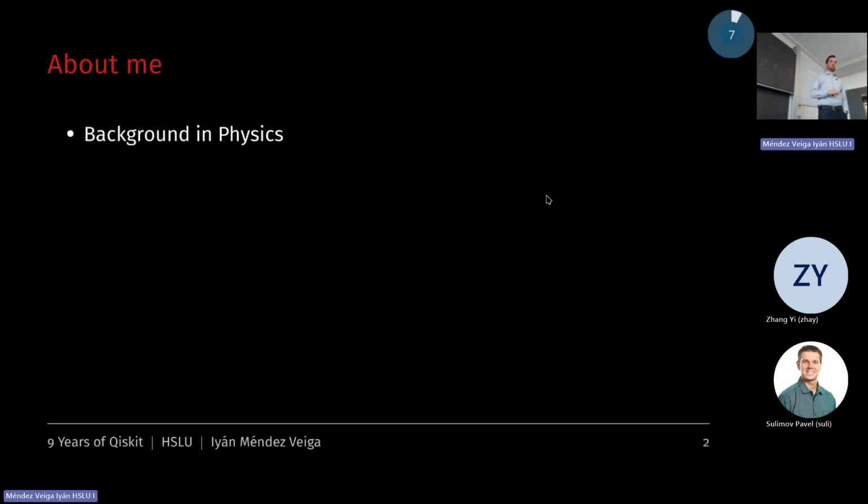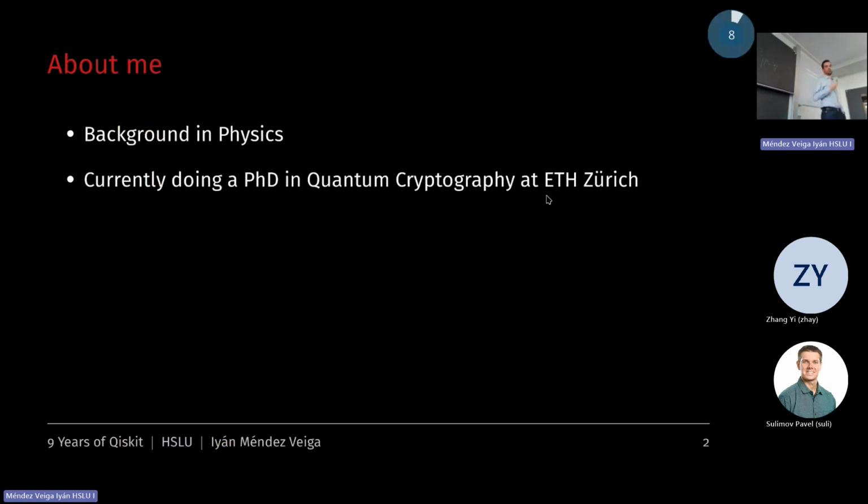A little bit about me. So I also have a background in physics. But the dark matter and high energy physics is almost completely forgotten back in the bachelor. Still, I did a bachelor in Spain, bachelor thesis with CERN actually, and then my master thesis more on the theoretical quantum side in Ulm in Germany. And currently I'm doing a PhD at Zurich as an external project. That's why I'm affiliated with the Hochschule in CERN as well. And I'm working in quantum cryptography.